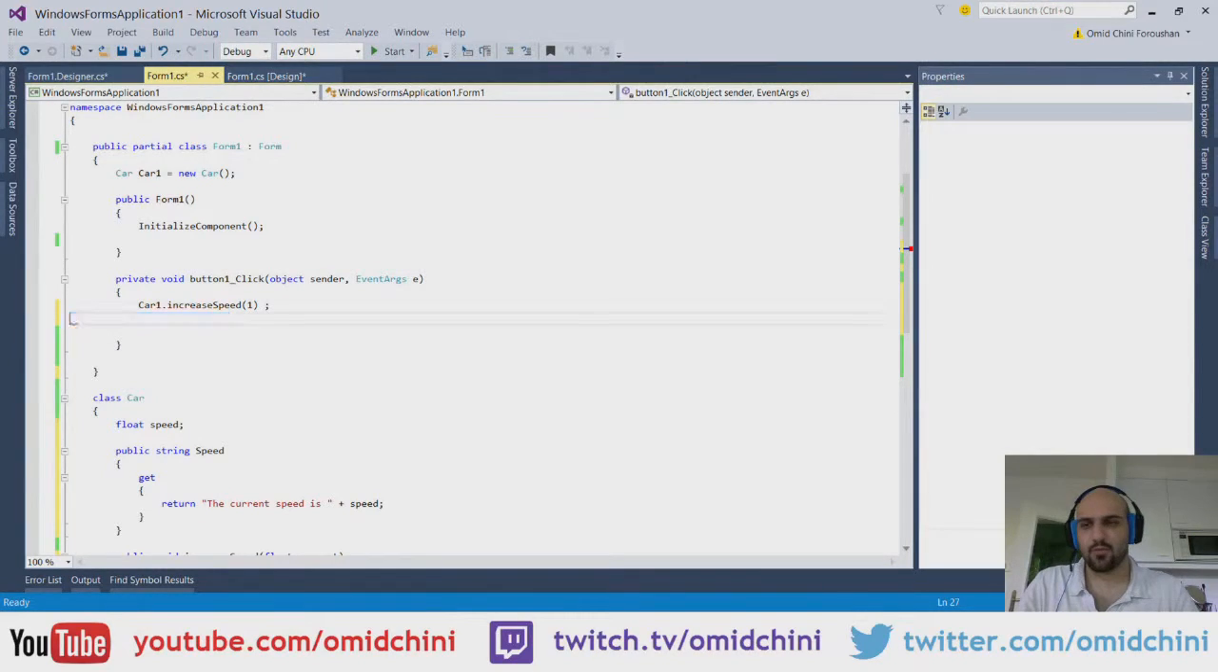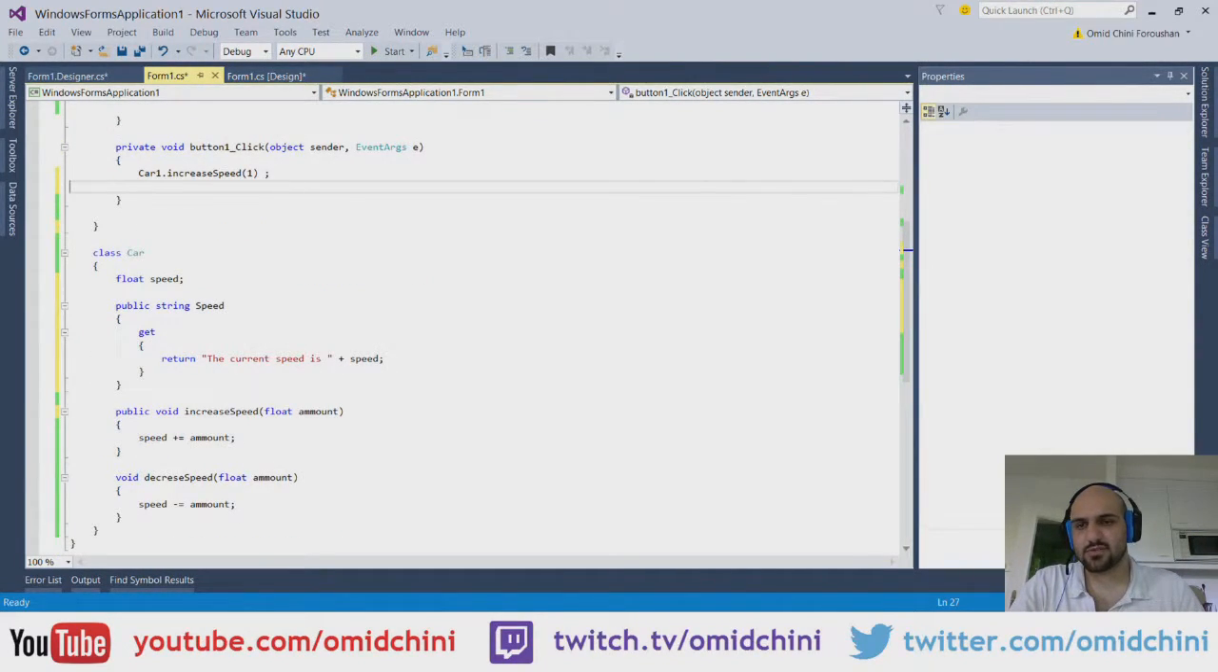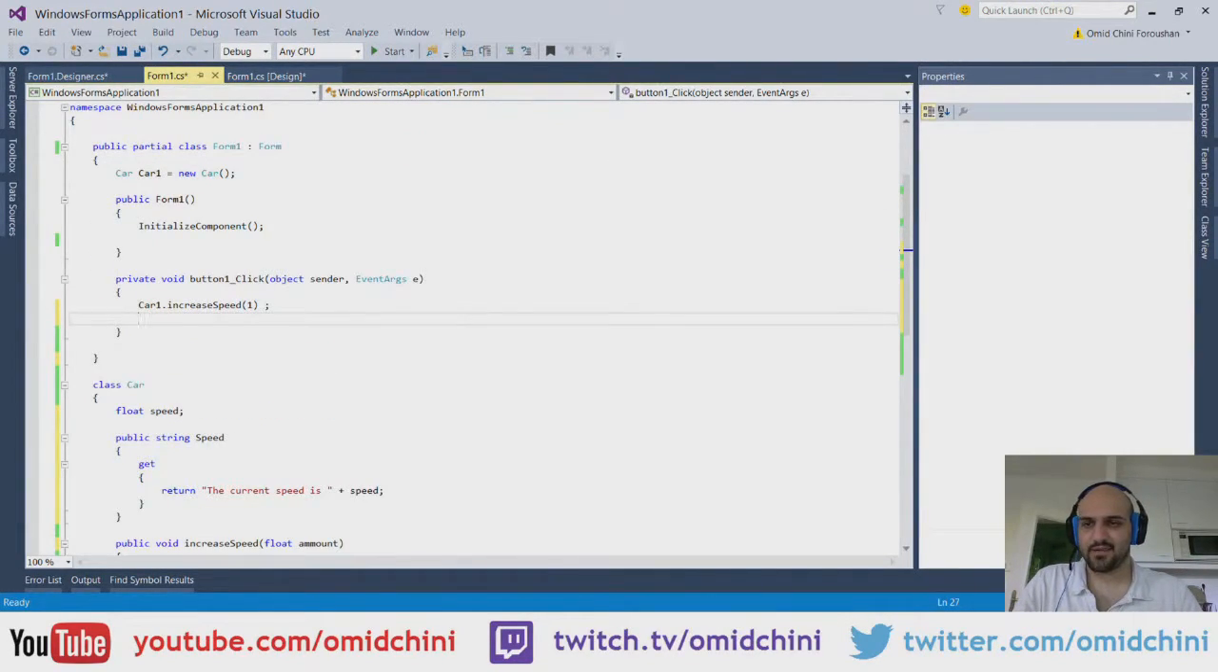And this is what I want. I don't want the user to change the speed directly, only through these functions. Of course, I can also define a set if I want to, so that the user can also set a value to it, but for this car, I don't. So, after I have increased the speed, I'm going to say label 1,